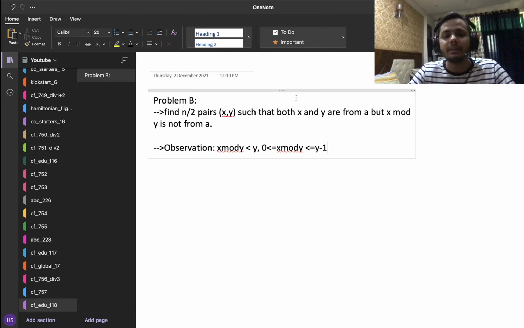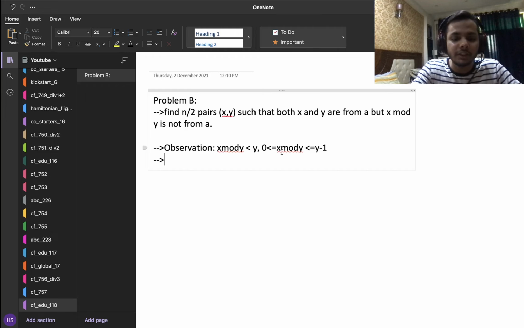This is just basic mathematics, because if you take the remainder from any number y, then that remainder belongs to 0 to y minus 1, obviously, right? So the observation that we have here is that if we pick y to be the smallest number of the array, then the remainder will always lie between 0 to the smallest element minus 1. And since we are picking the smallest element, there will be no element in the array which will be in the range from 0 to smallest element minus 1.